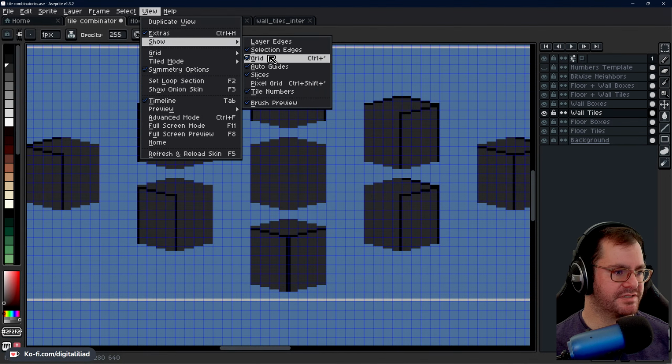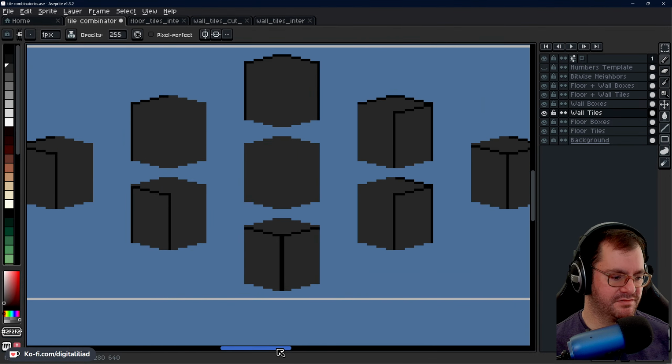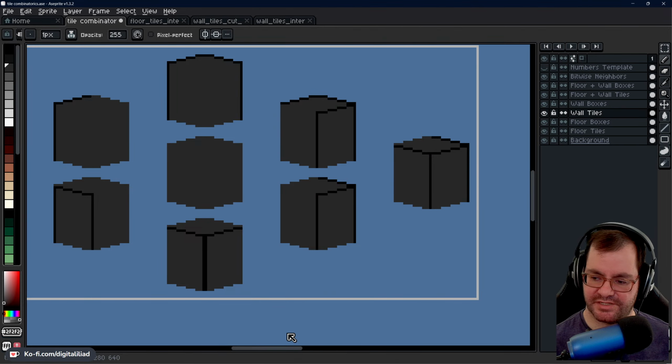Get rid of the grid for a second. It makes it hard to see. I should have picked better colors that kind of popped more, but